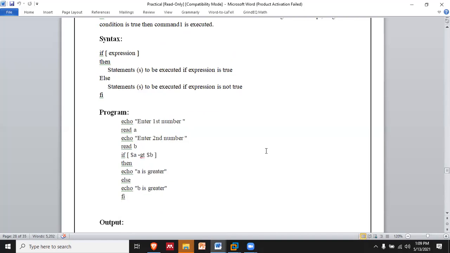So the value a, entered by the user when we said enter the first number, is compared with the value b, and it takes a decision on that. If it is greater, it says yes, a is greater, else it will show you that b is greater. Right? It is a very easy and simple program.